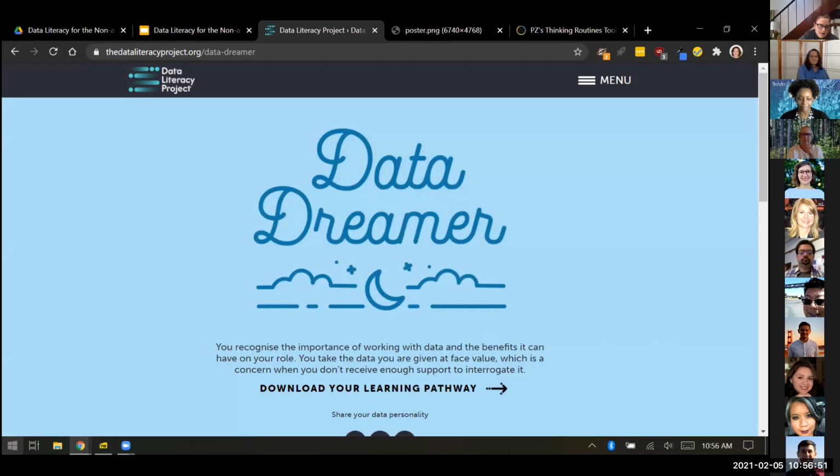So there are 4 pathways for groups that they give you the results for: data aristocrats, data knights, data dreamers, and data doubters. And so we got data dreamer. You recognize the importance of working with data and the benefits it can have on your role. You take the data you are given at face value, which is a concern when you don't receive enough support